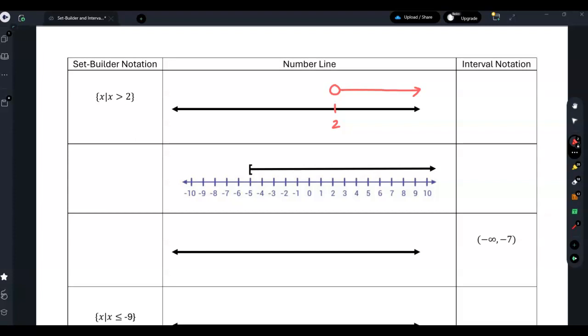But I use an open circle because I'm not actually including 2, right? Because 2 is not greater than itself. So I'm including everything greater than 2. I'm including 3, I'm including 4, I'm including 2.5, I'm including 2.00001. I'm just not including 2 itself, because this just says greater than, it doesn't have that or equal to part. So this is probably the first way you would have seen it in school,